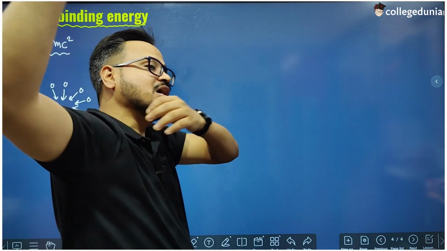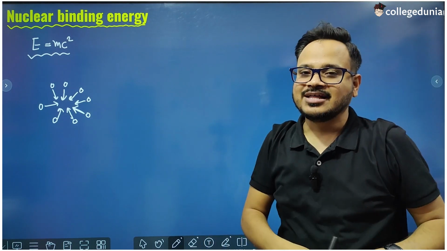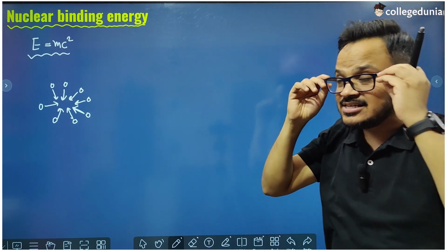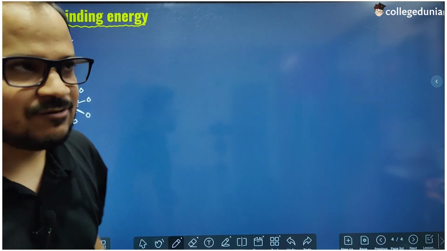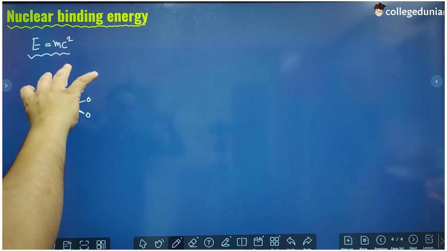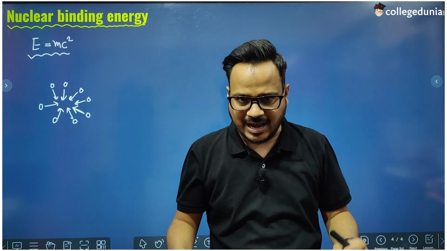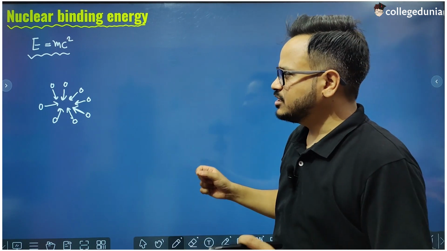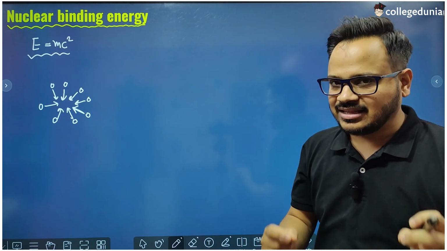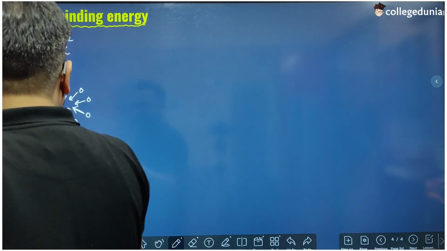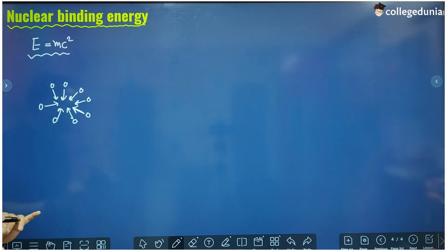So we have to apply so much energy. By we, I do not mean the human beings. That means some external agency is required to bring these nucleons closer to each other so that they can form a nucleus. And this energy is so large that this process of formation of nucleus cannot happen on Earth. This process happens in stars, because in stars so much energy is present, and that energy is sufficient to bring these nucleons close to each other to form the nucleus, right?